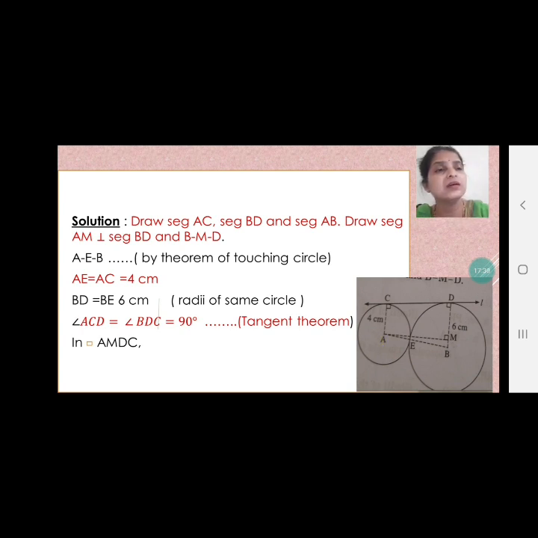DB is perpendicular to CD as it is a tangent, so again the angle formed is 90 degrees. At point M we have taken a perpendicular, so it is 90 degrees. All the three angles are 90 degrees. So what can you say about the angle forming at CAB? It will also be 90 degrees. For that we will do the calculation. 90 plus 90 plus 90 equal to 270. So the measure of angle CAB is equal to 360 minus 270, that is equal to 90 degrees.